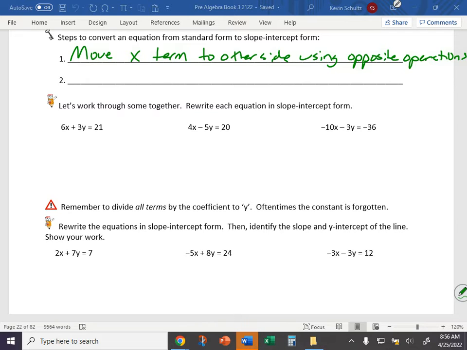So let's do that step with this first one here. 6x plus 3y equals 21. I look at my x term. It's a positive 6x. What's the opposite of a positive 6x? Negative 6x, right? Subtracting 6x from both sides is going to move that x term over. Because if I have 6 x's and I take them all away, how many x's are left on the left side? 0, right? Cancel out. I've only got my 3y